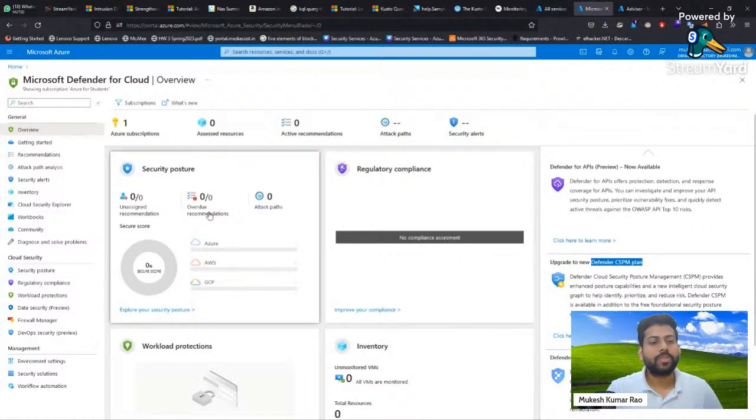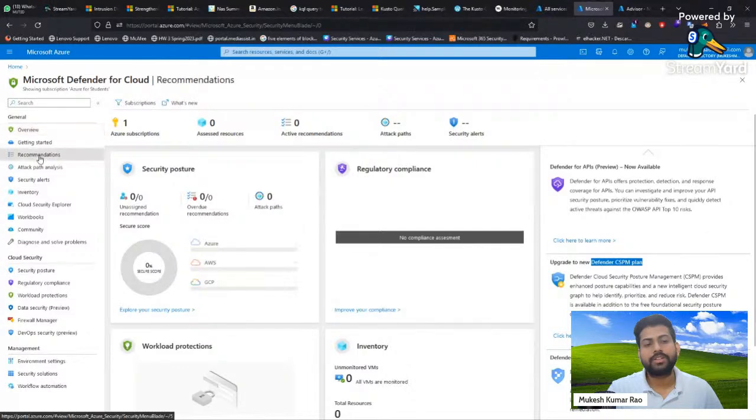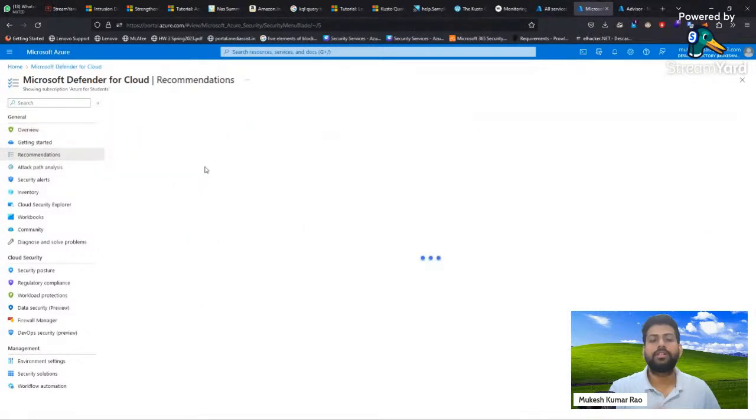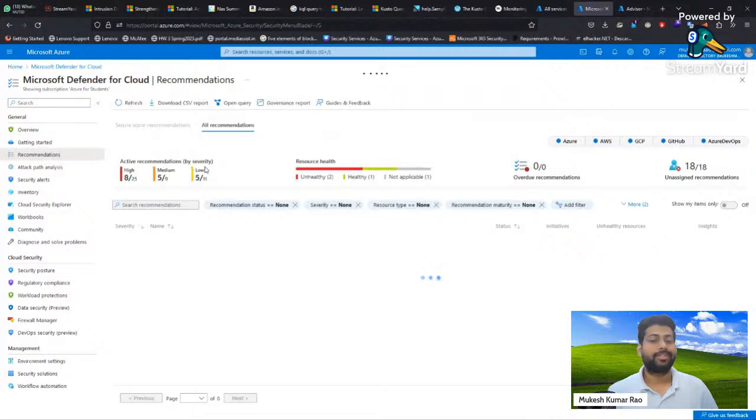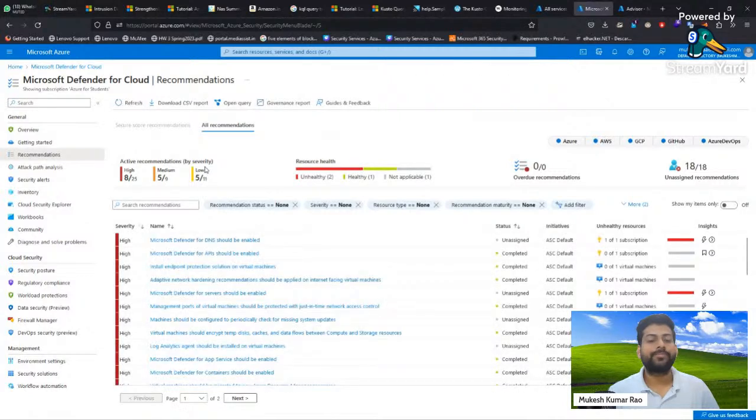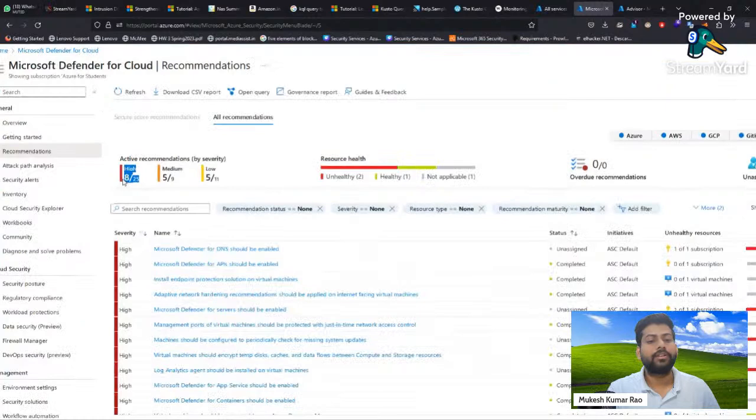Okay, so here if you go to the recommendations, you will get recommendations on whether your account is secure or not, and any kind of vulnerability or something you have to fix. So here you can see in my account subscription, 18 unassigned recommendations are provided, and some of them are high severity.